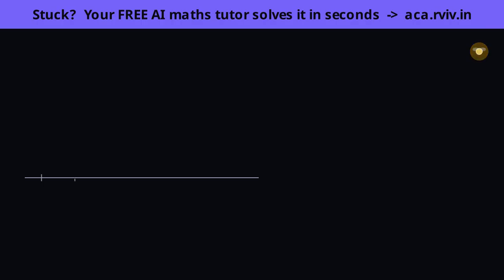Now a natural question: how many zeros can a polynomial even have? Let's build up the answer by looking at the shapes. A straight line, that's degree 1, just x to the first power, can only cut across the axis one single time. It has no room to bend back, so at most 1 zero.